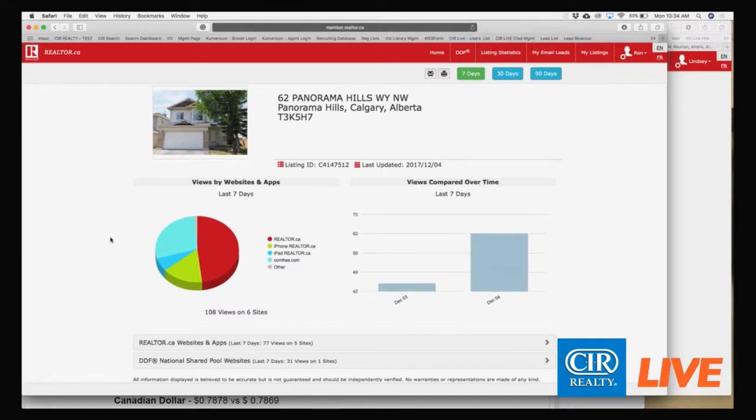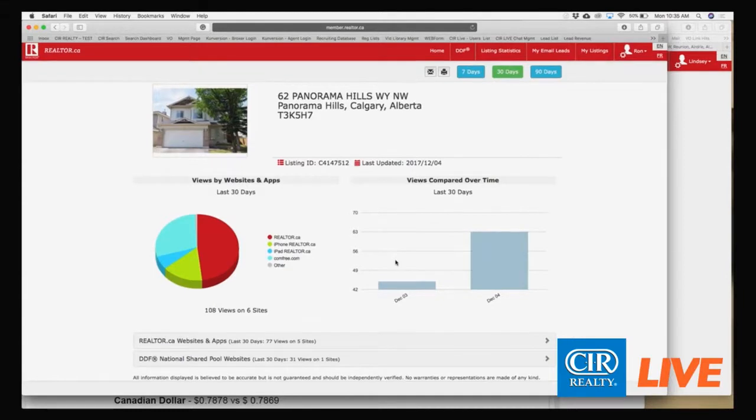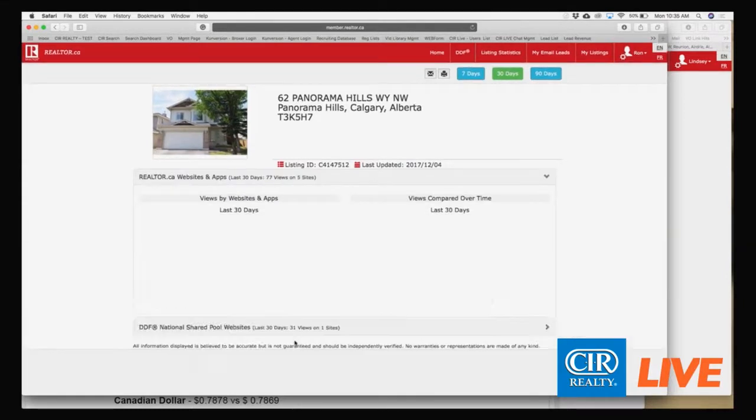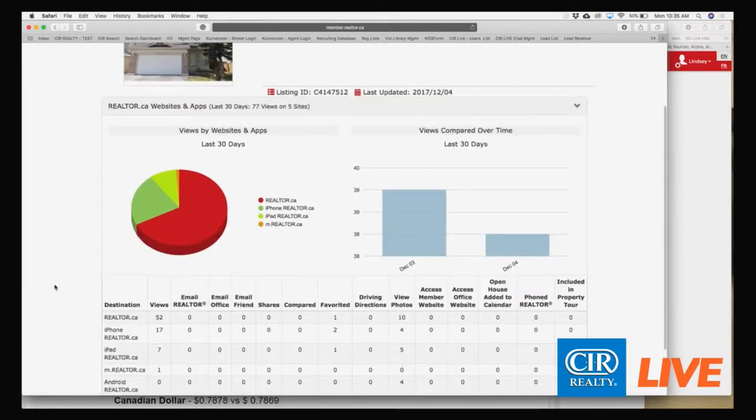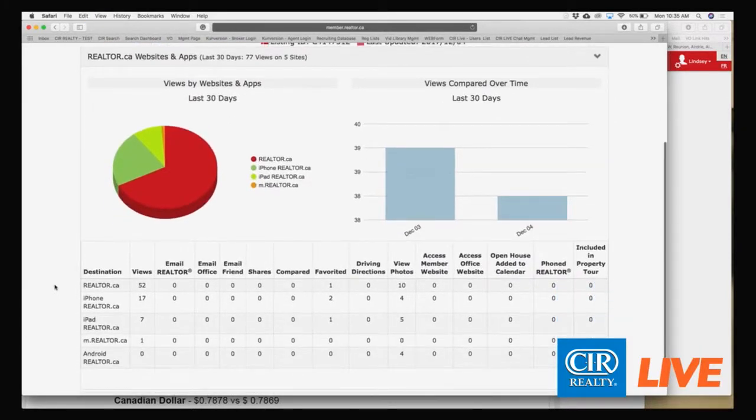And what's really cool about this is it actually shows all the traffic from different areas. And you can go back 30 days, and you can go back 90 days to see what's happening. Now this listing is brand new, but you can see where the source of your traffic came from. And if you want a phenomenal piece of information to give your clients about how much traffic their website is getting, you'll see exactly the breakdown of it, where people are looking: Realtor.ca, the iPhone Realtor.ca version.